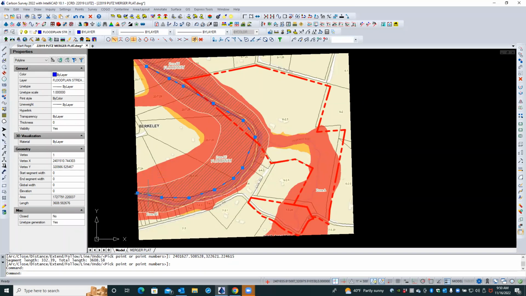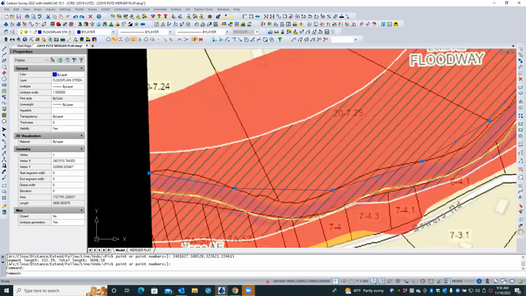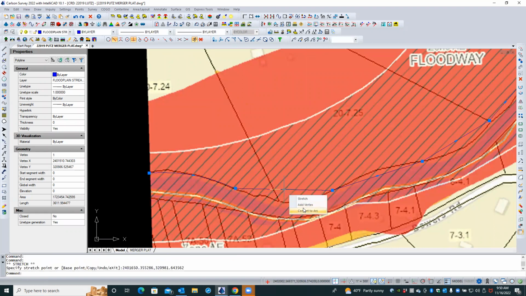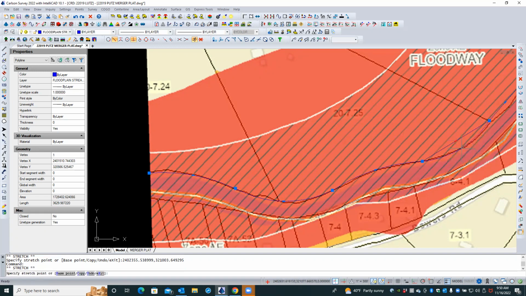Now, once I have those sort of major points, when you select it and then hover the mouse over one of the midpoint grips and convert to arc, yeah, you can see how very quickly you can get that thing sketched in there. Now at this point, this polyline is going to have 1, 2, 3, 4, 5 points in it, whereas what we did with the sketch command would probably have had 5,000 points